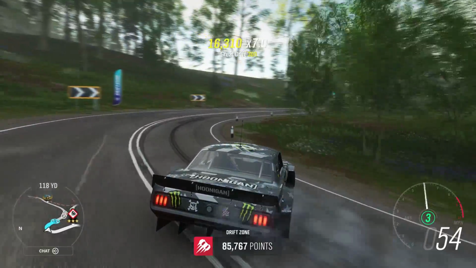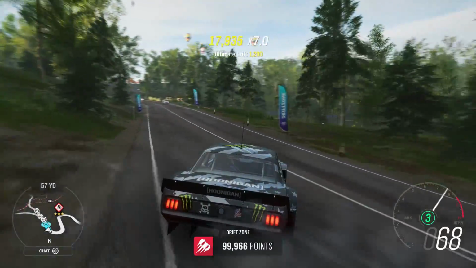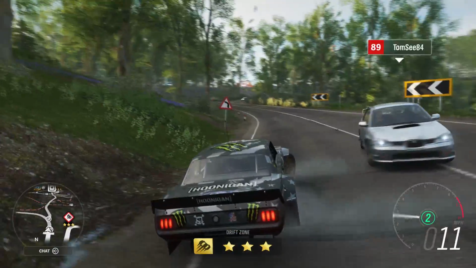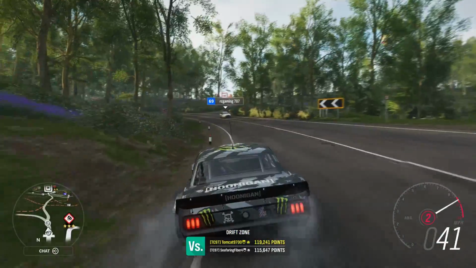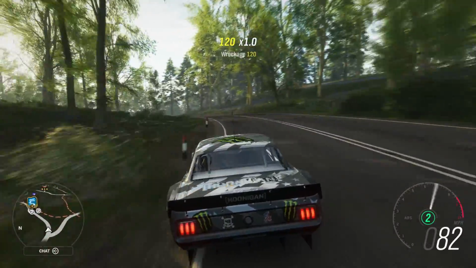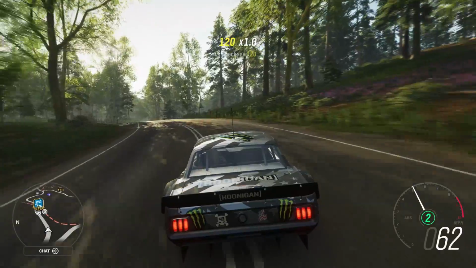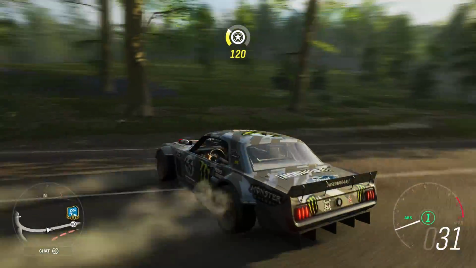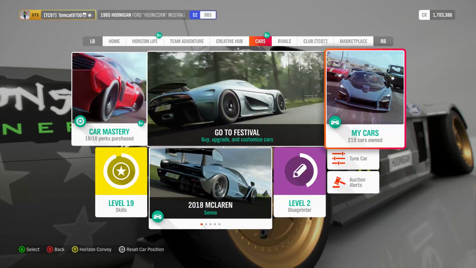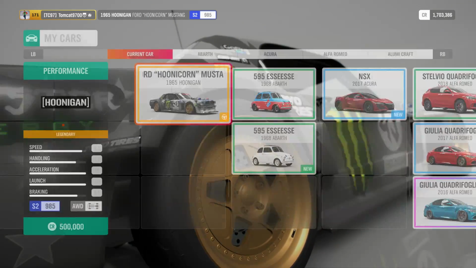it can slide too. So I don't see this having the precision that the Formula Drift cars may have, and I feel like the Formula Drift cars are a little bit more adjustable at maximum angle than this. But without any further ado, let's grab the Formula Drift Viper and see how that feels and how it drives